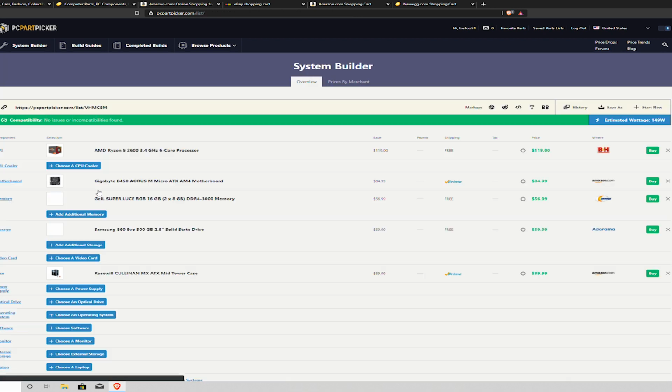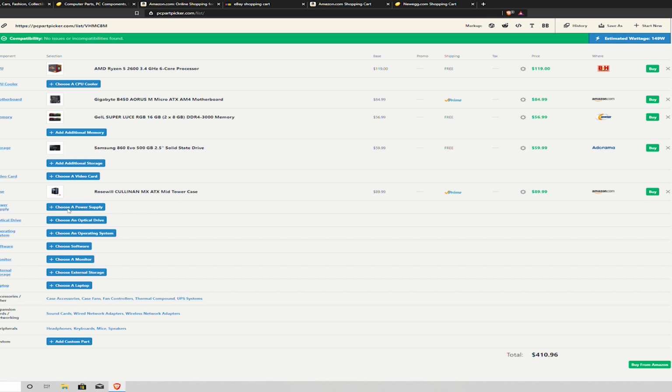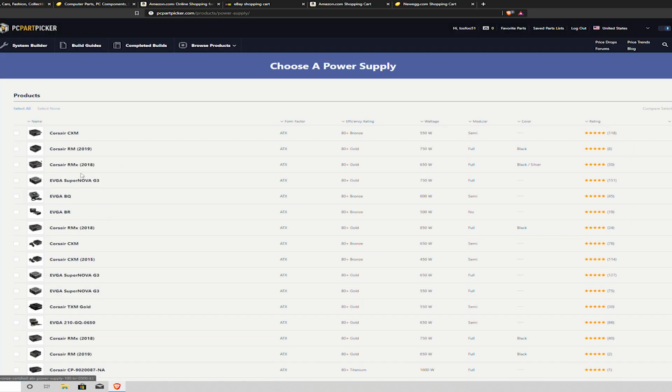Because like I said, this is just a template that I use. This isn't 100% certainty. It's like an outline when you're writing a paper. This is kind of what I'm using as my outline. And then power supply. So again, you can use this compatibility filter, and this is going to kind of tell